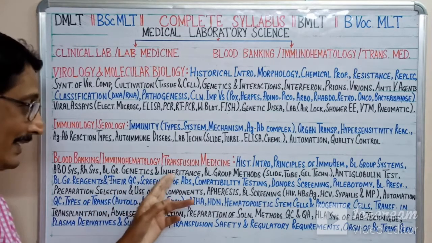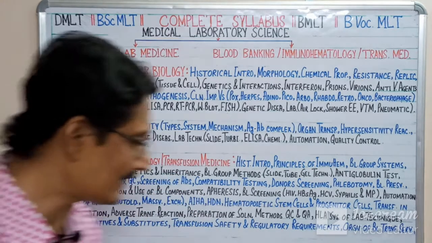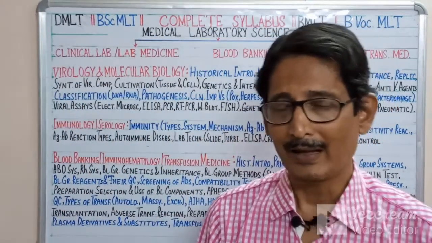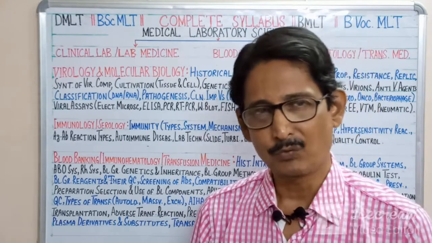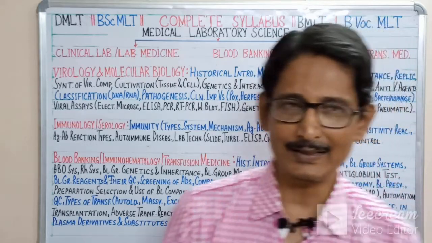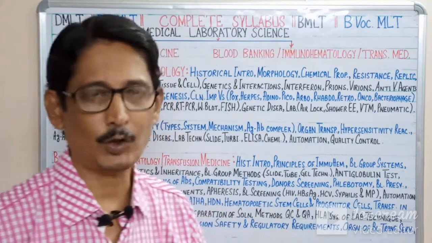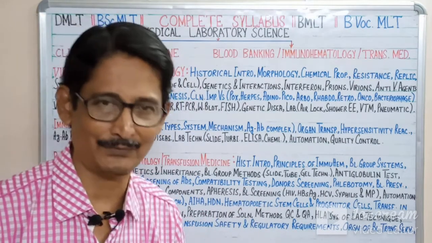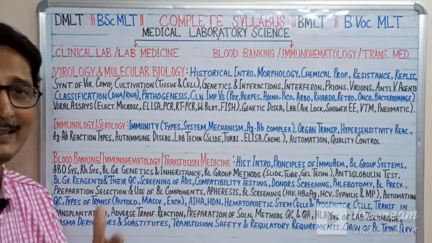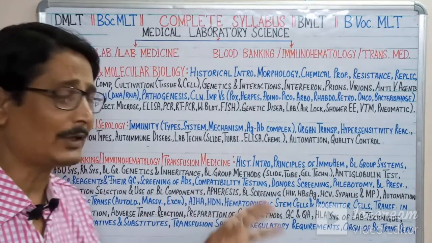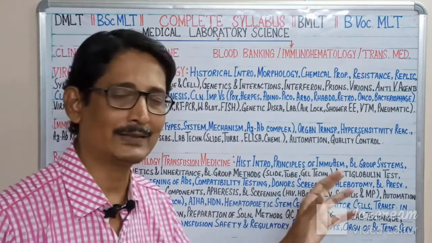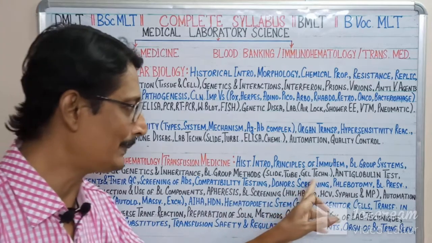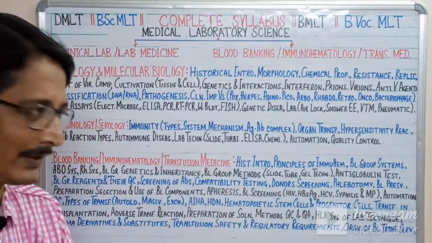Now blood group genetics and inheritance is quite interesting for young people. After the marriage of an A group person with a B group person, what blood groups can their offspring get? This study is inheritance, what blood group your offspring, your next generation, can have. So this study is the genetics and inheritance of blood group. Now the blood grouping methods in the laboratory are the slide method, the tube method, and nowadays in very common practice the gel technology, which is an automated method.